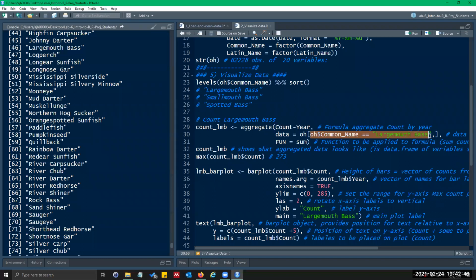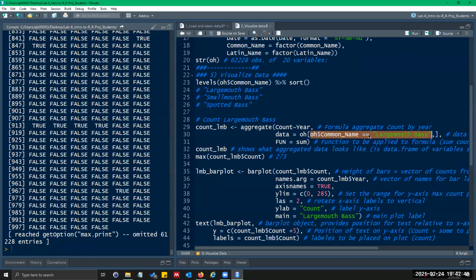So if I take this, highlight, and put it in my console, it's going to say true or false. It's going to select only those rows where it is true. So where it is largemouth bass, and I have a comma here, and I'm leaving it blank, so I want all columns. That's what it's telling it to do. You need a comma again to separate the commands.